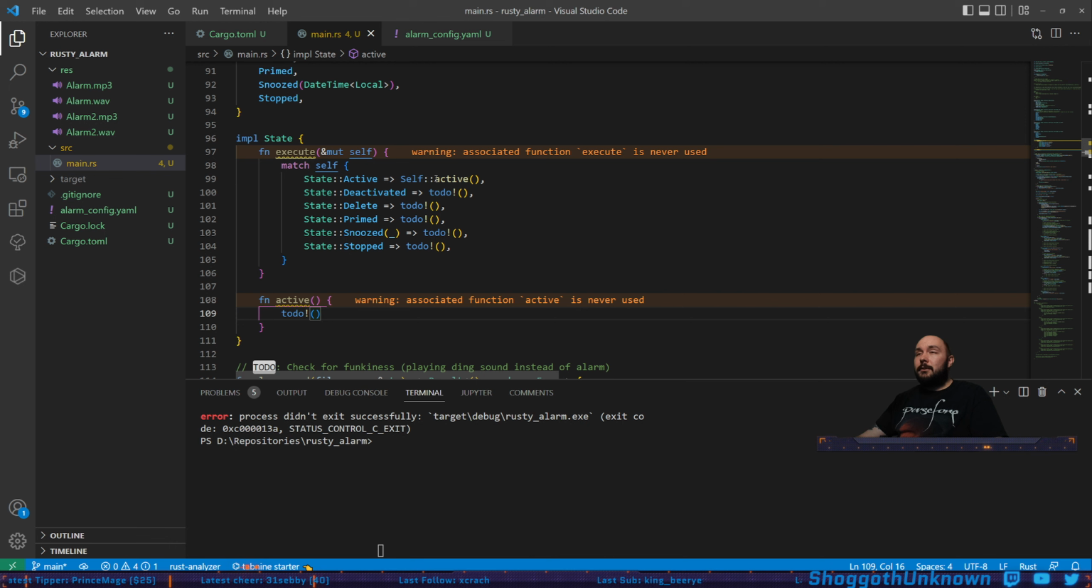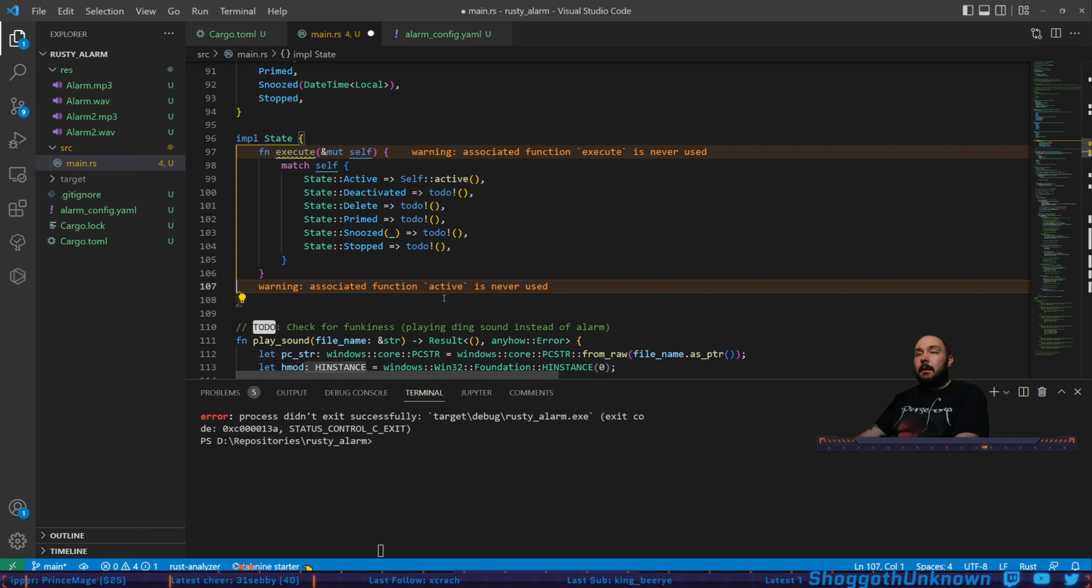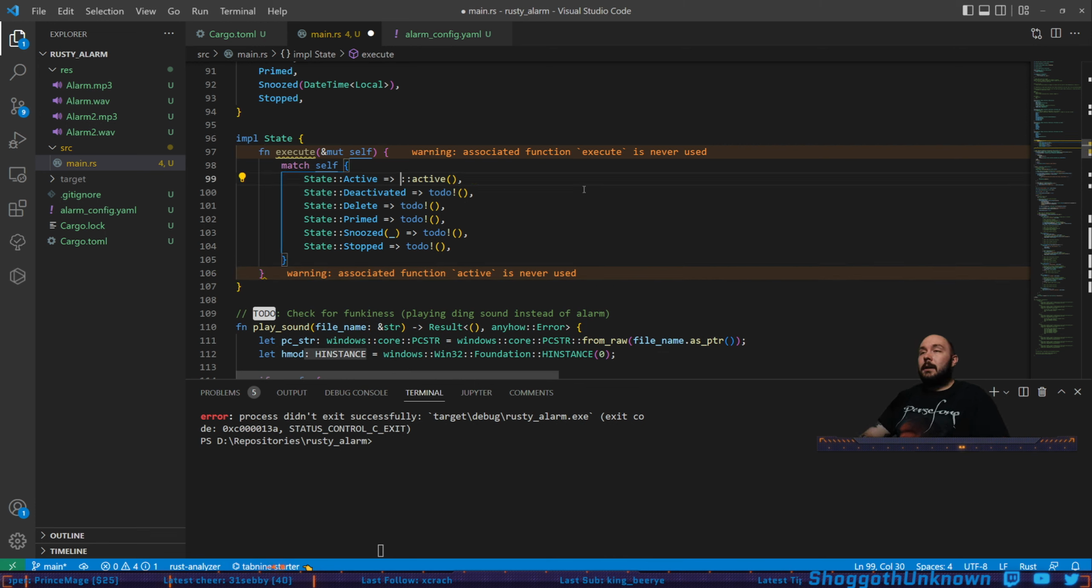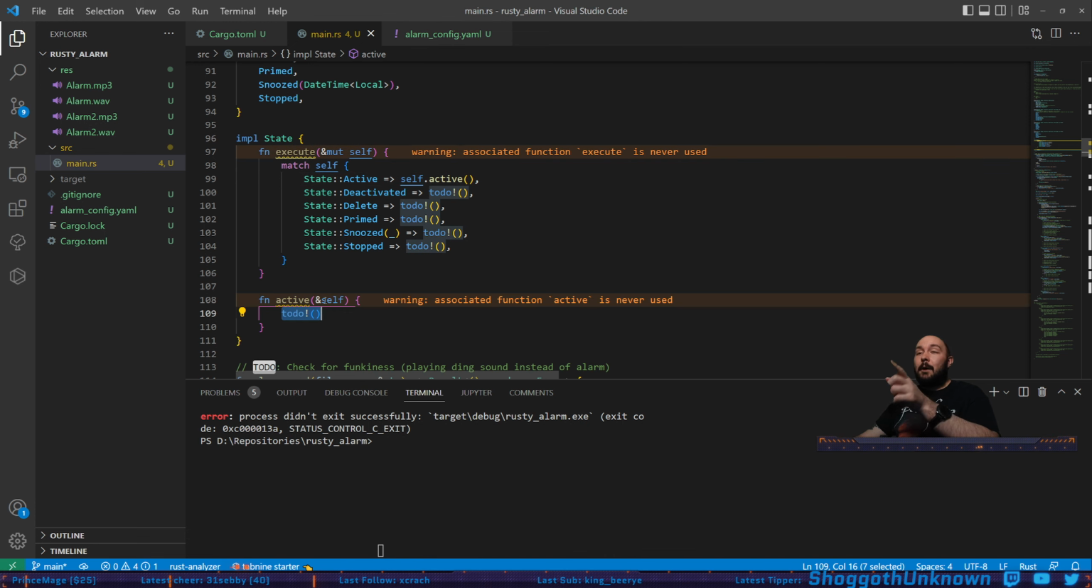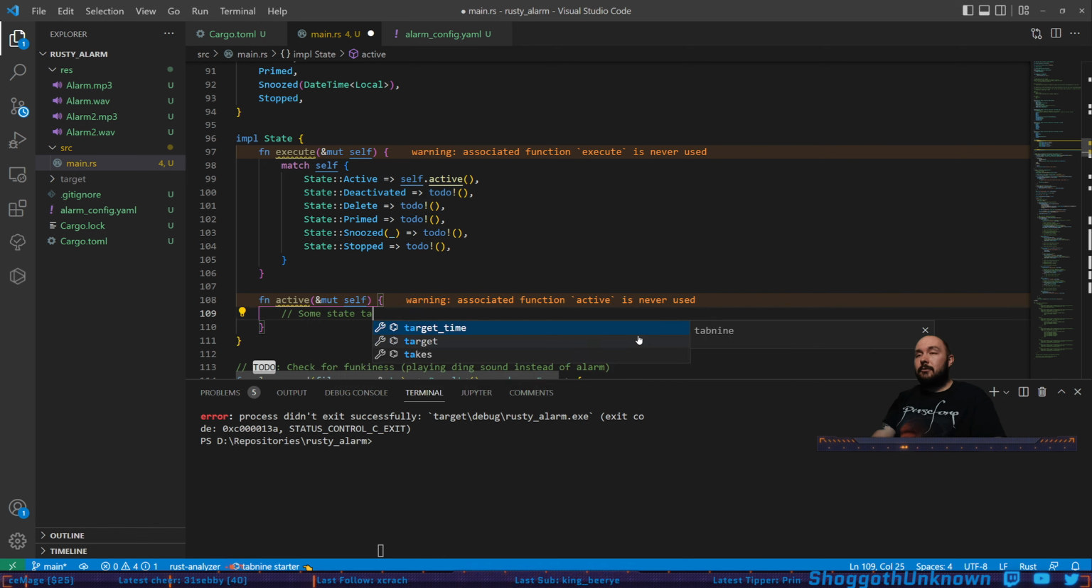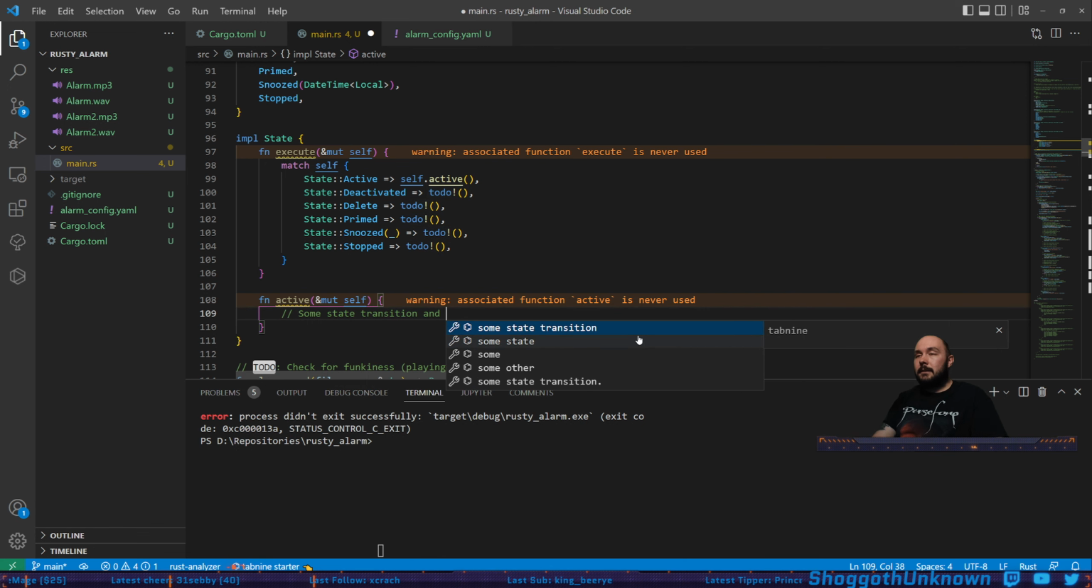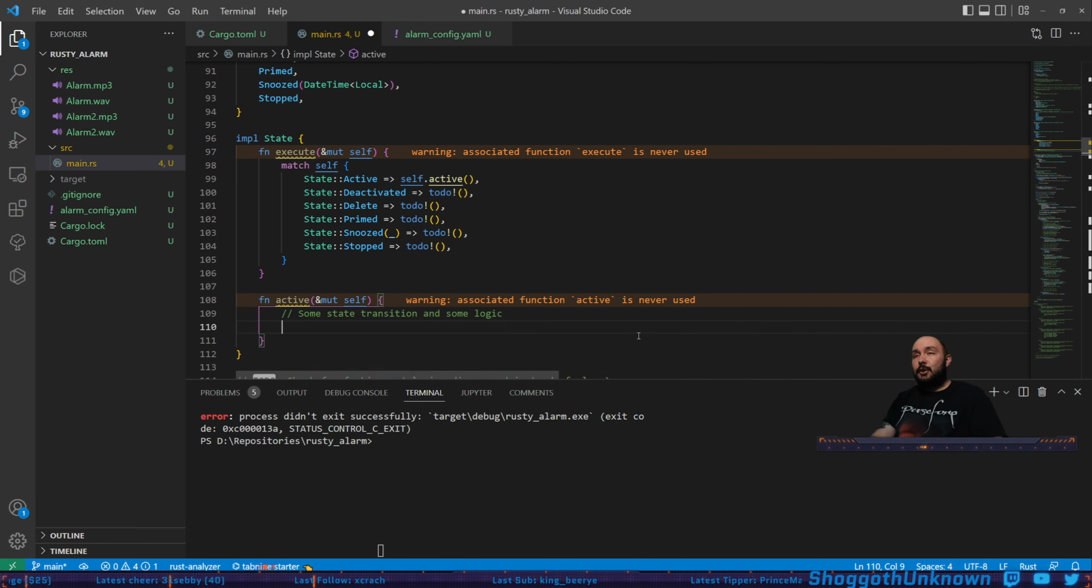So what we'd really want to do here is say, now watch the difference. Where I had it auto-generate, we have no parameter here. We're not passing anything in. I'm going to go back here, and I'm going to say self.active. And notice we're now passing in &self. I'm going to change it to mut, because what we would want to do here is some state transition and some logic. So then inside of the active function here, we would say